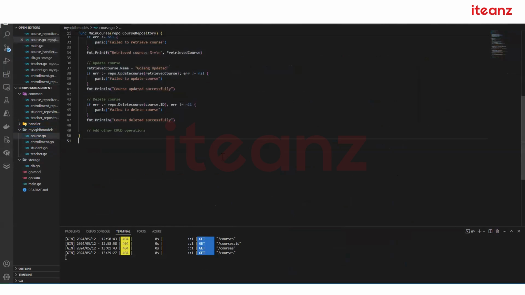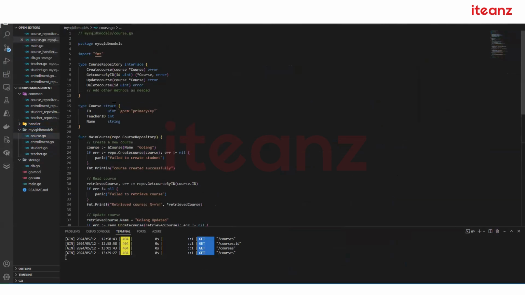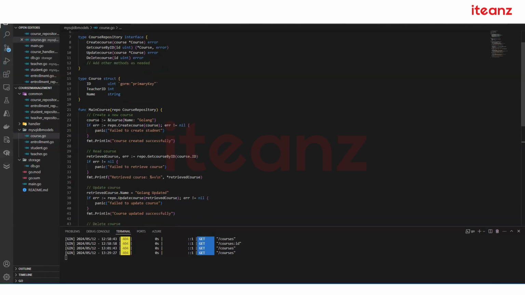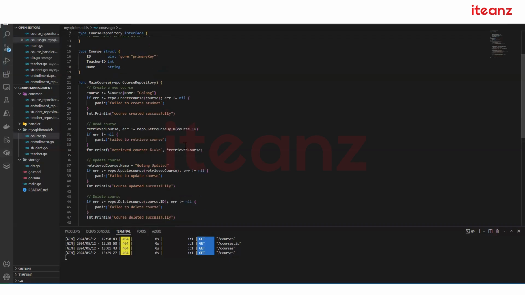Let's start with one module. This is the MySQL, means Models. Create for course. What I did is ID, teacher's ID, and the name. Fine. Now the thing is,